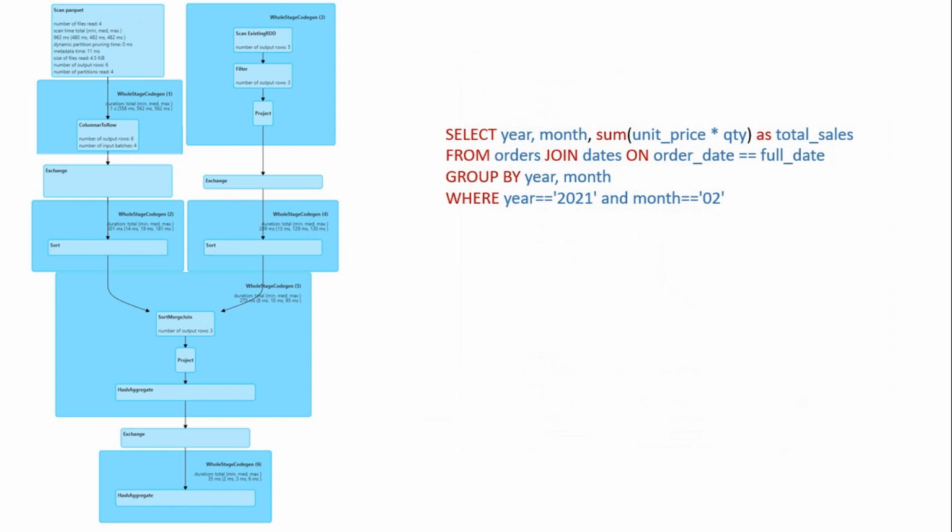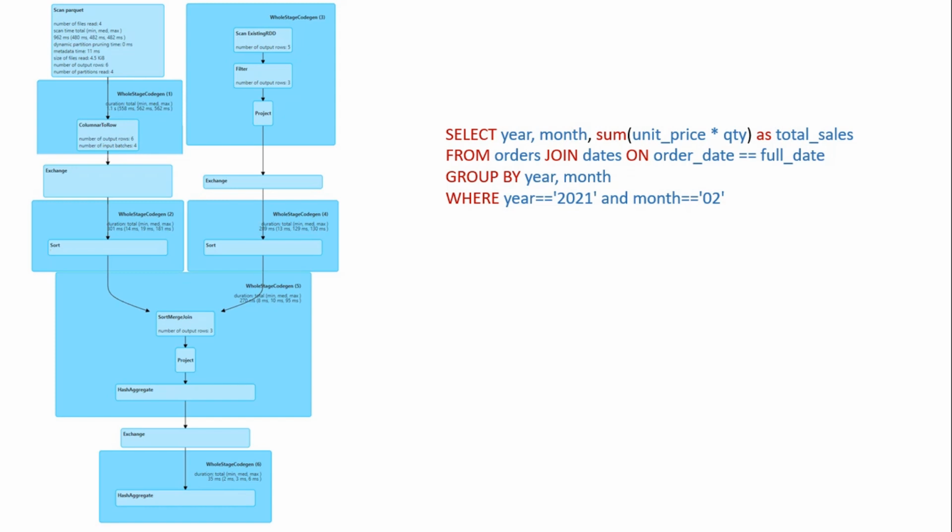If you look at the SQL query, we are filtering for year and month columns on the dates table. What does it mean? Simple. We want to read all the partitions for February 2021, but Spark is reading other month partitions also, right? The best case is to read only February 2021 partitions and leave all other partitions. However, Spark is not applying partition pruning here. Why? Because the filter conditions are on the dates table. They are not on the orders table.